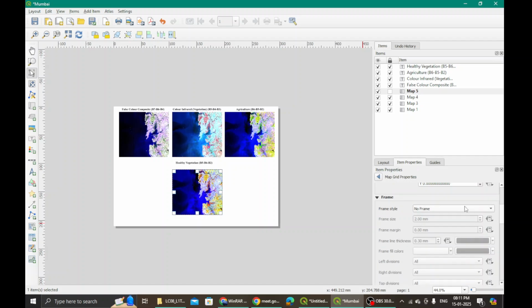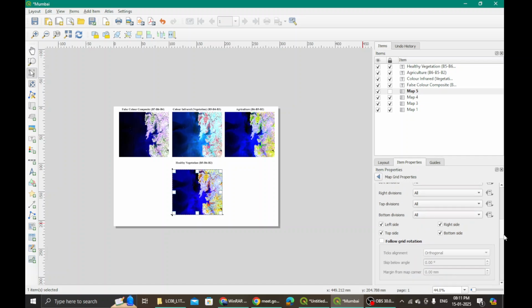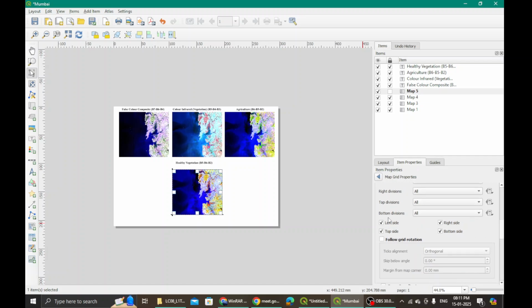Okay. I want a frame, so I will make exterior ticks one. Exterior ticks, frame thickness, frame margin, and all those other things also you can choose. I am choosing all the sides. So left side also I will have some grid, top, right as well as bottom.